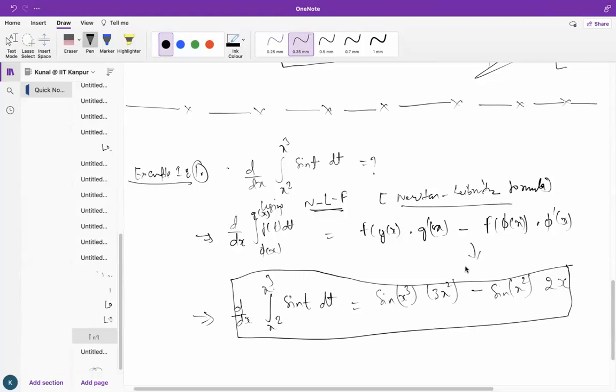And what I'm doing here, I'm just inserting the upper limit, differentiating the upper limit, inserting the lower limit and differentiating the